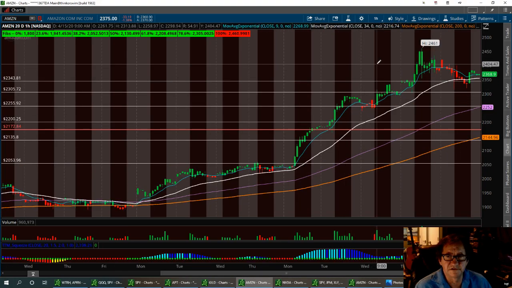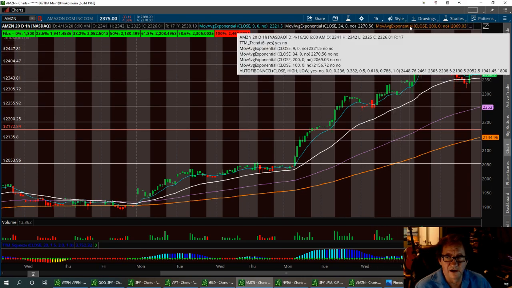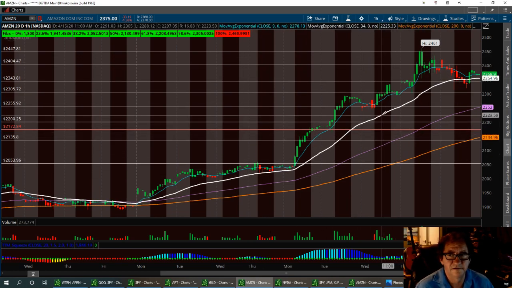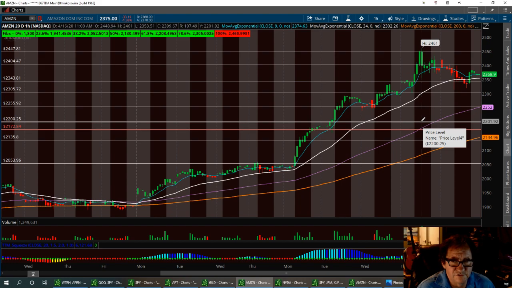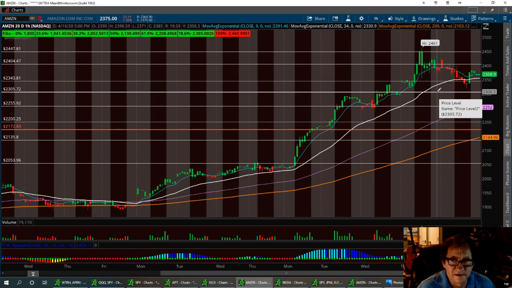So we got a resistance level right here at 2400 with a double top area of right around 2447. If we can break that double top, we can go up to new higher highs. I think there's people that have some real nice price targets on this stock. And it just gets better and better, this trade does. So low support, no lower than 2172. You've got your third one right here at 2200. You got your second one at 2255. And that first area of channel of support is going to be between